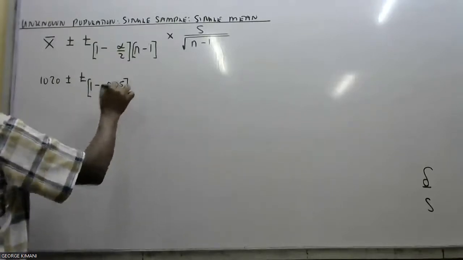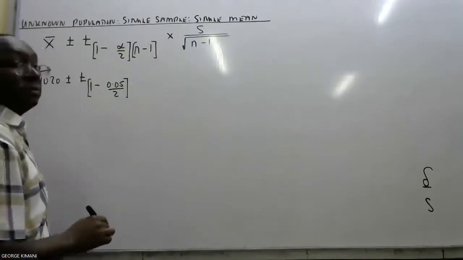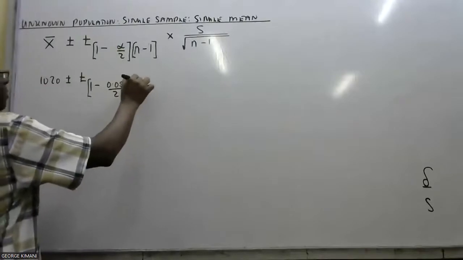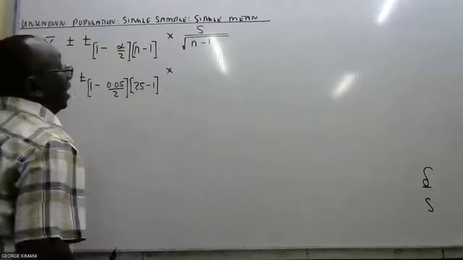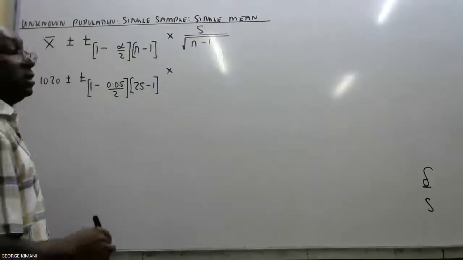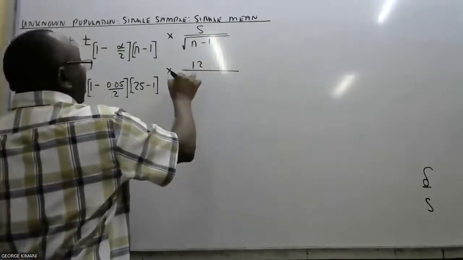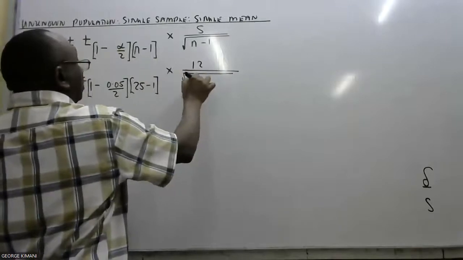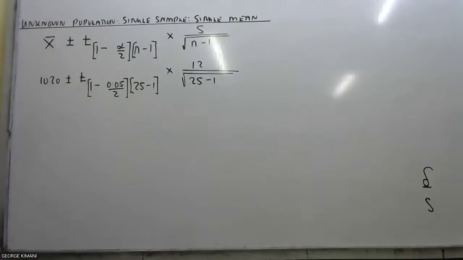N is the sample size, what is it? 25 minus 1, multiplied by S. The standard deviation S is what? 12. You divide by the root of 25 minus 1. So 20 plus or minus